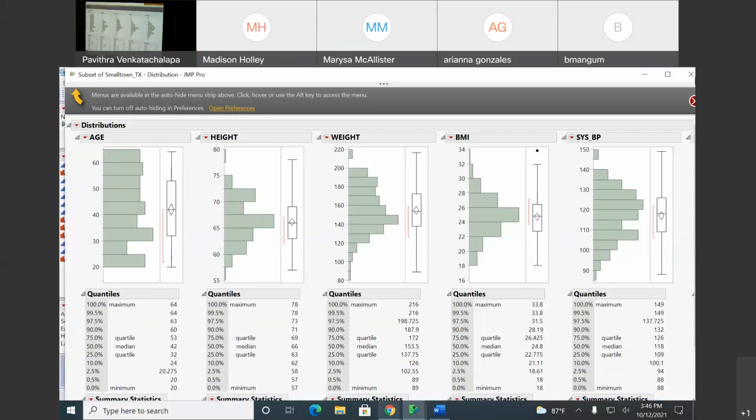Anyone in the WebEx, do you have any trouble doing this? Okay. So once you are done with this,